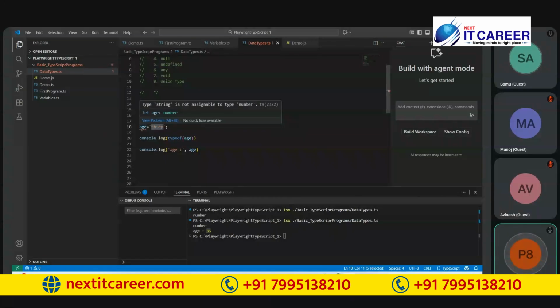We get these compile time errors because when we define a variable in TypeScript, we assign the data type when we declare or initialize it. If you define the data type, you get an error like this. If you do not define it, it is accepted in JavaScript, but TypeScript is not going to accept it. It throws a compile time error. So this is a facility we have only in TypeScript, not in JavaScript.